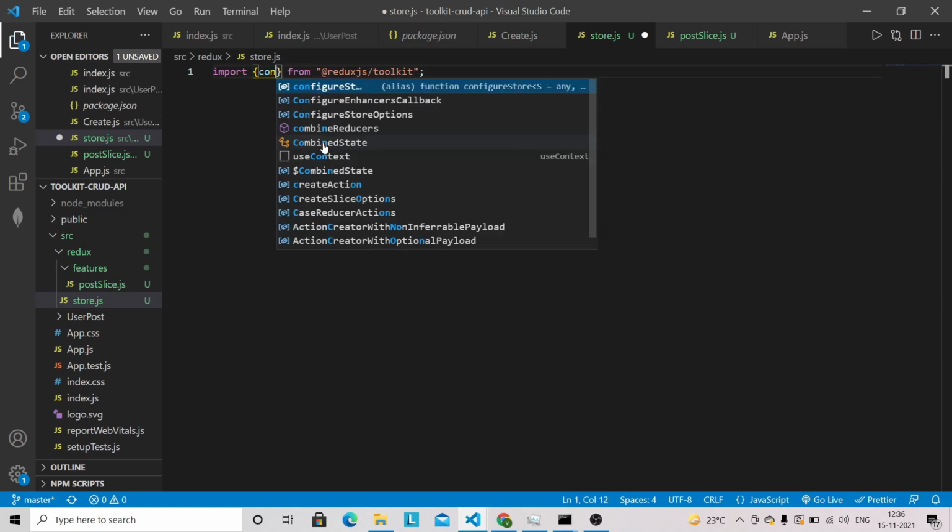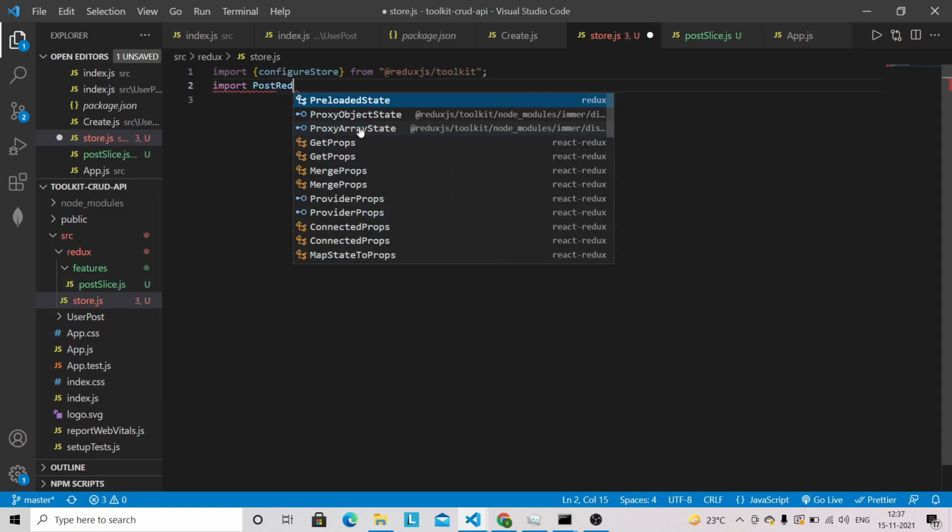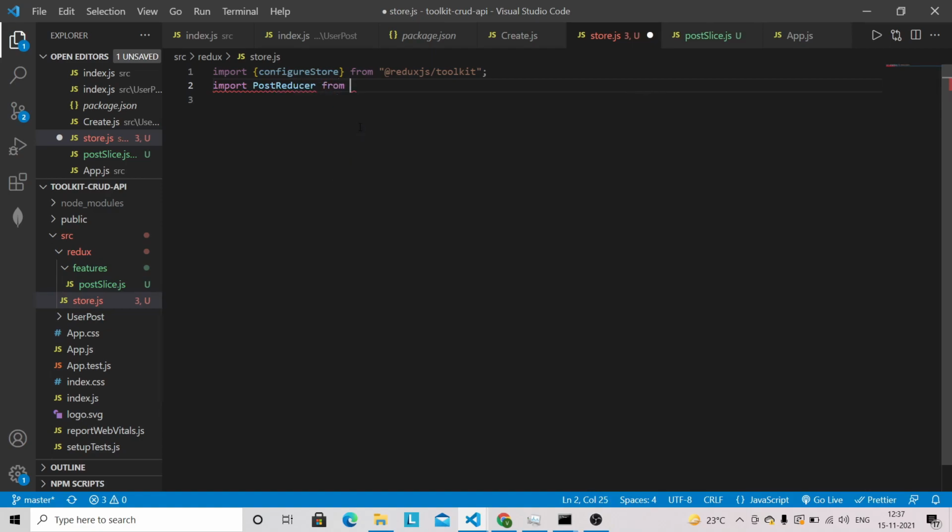Store configuration is also very easy with the Redux Toolkit. Earlier we had to write more lines of code with normal Redux, but with Redux Toolkit we have to write very little code to configure the store. Now we have to bring this reducer, so we can bring postReducer from features, postSlice.